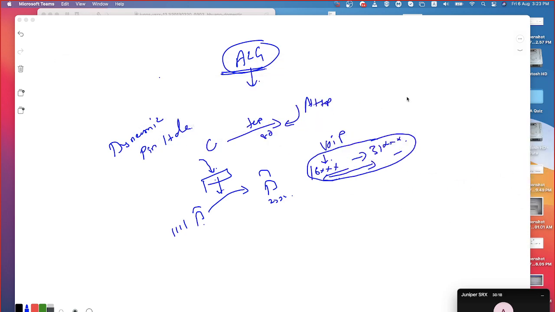Anyway, fine. So that's what the ALG feature is all about. You need to know which applications the ALG can be enabled on. Not for all the applications. If you go to Cisco, they would have the ALG feature for a set of applications. In the same way, Juniper might have a set of applications for which you can enable ALG. Don't expect both of them to support all the applications identically.